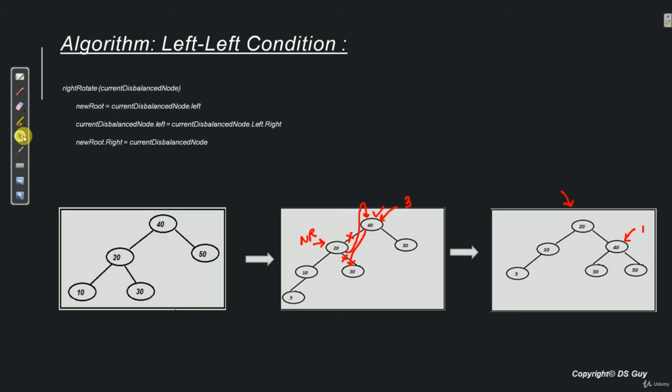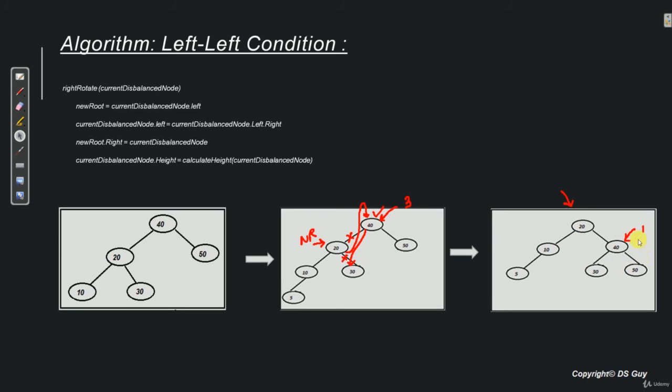So for that, the next step is current disbalanced node dot height is equal to, we call a function called calculate height, which basically recalculates the height of this node, that is 40. Now how does it do that? Simple. It takes the height of the left and the right node and computes whichever of them is maximum.